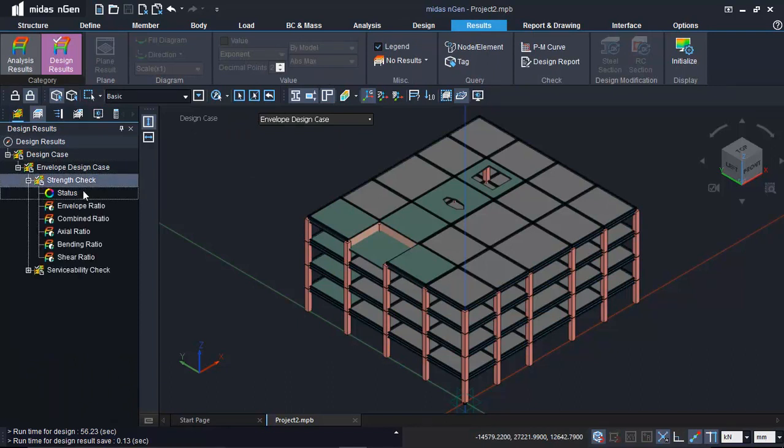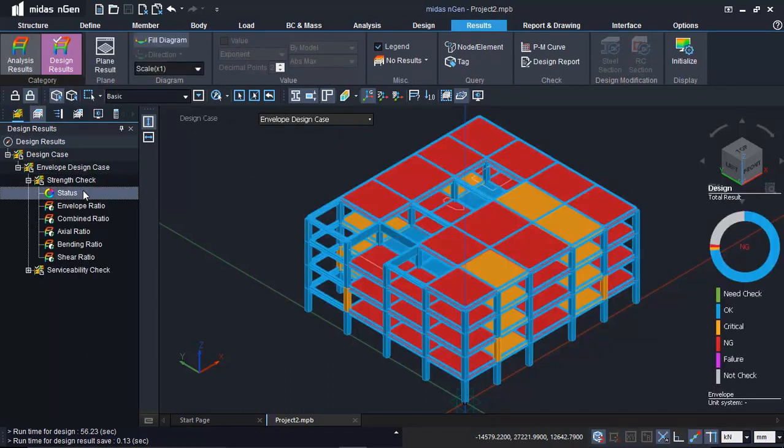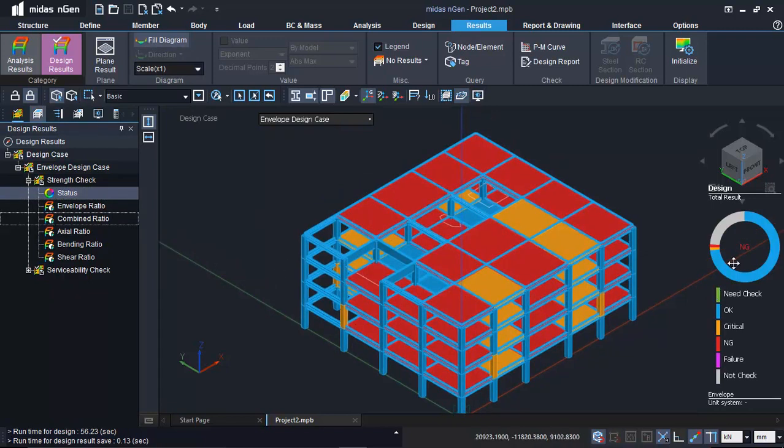And the design is completed. If I click on status, you can review the results for the design. So here you can see that the various slabs, they are in red, and the various beams and the columns, they are in blue. So we can match it with the legend, and if you want to see the design report, you can just